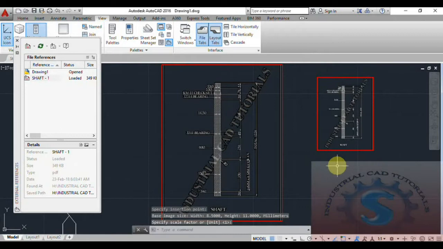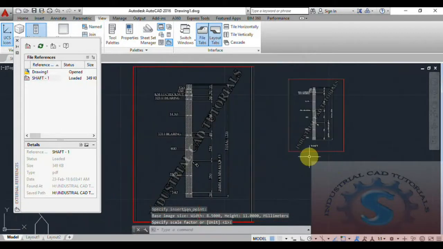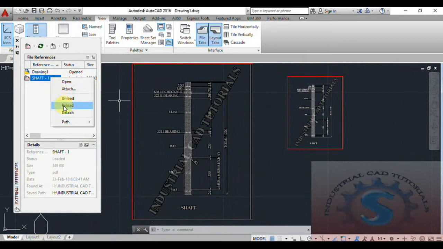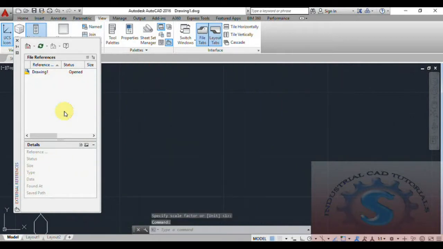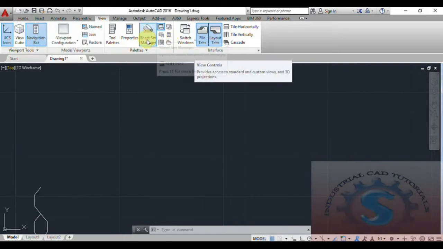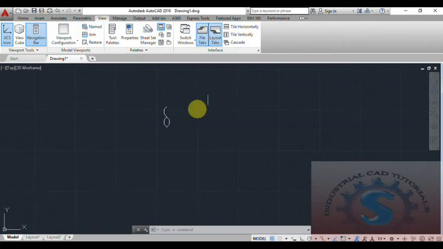While performing any drawing, if files or image files are required, you can attach them by using the external reference palette. This is a tutorial for beginners about the tool palettes, the properties and the external reference tab. Already explained some of the design center and the calculator in detail in my previous tutorial. You can also check my previous tutorial, and these are the tool palettes, and you can also watch the sheet set manager. Already explained in detail the sheet set manager, how to create